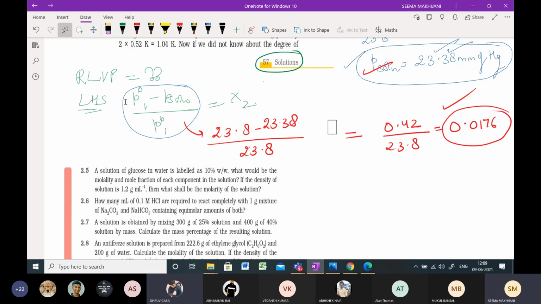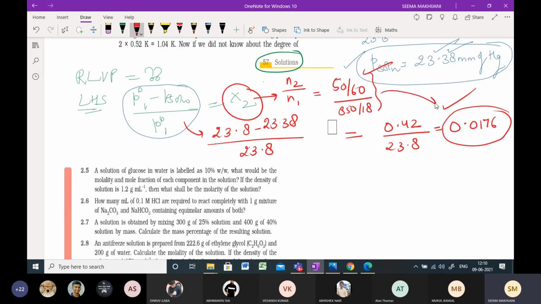You can do that. You can get the mole fraction of solute, and either you do it like this or you find the mole fraction, it will come out to be the same. You can definitely do it via the mole fraction, which will be moles of the solute upon moles of water, which you have actually also done. You have 50 grams divided by 60, the molecular mass of urea, divided by the weight of water, which is 850 divided by 18. It should come out to be this. Of course, we have neglected a certain amount of solute in the right hand side, but the value would come out to be the same. It can be done that way also.